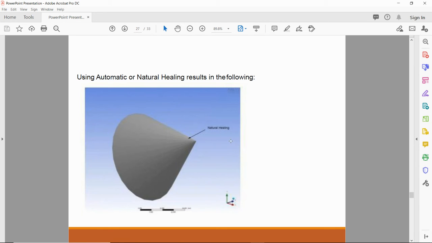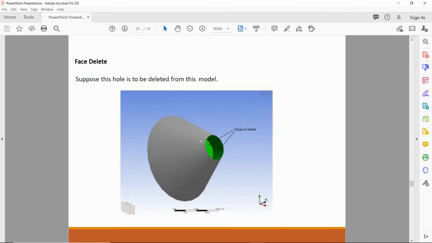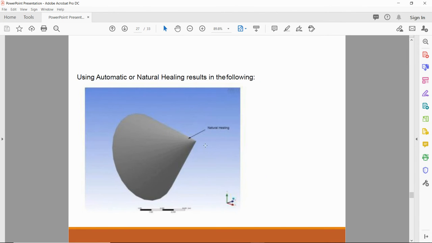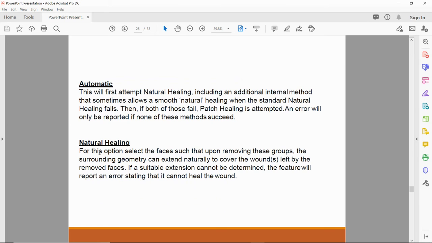Here you can see the natural healing. After applying natural healing, you can see this model is converted to this one. That means this is the accurate way. In natural healing, select the faces such that upon removing those faces, the surrounding geometry can extend naturally to cover the removed faces.